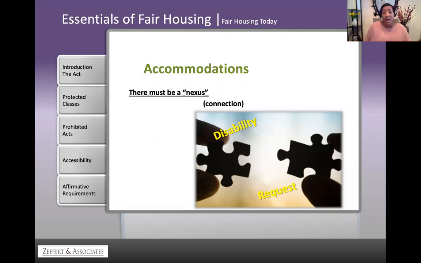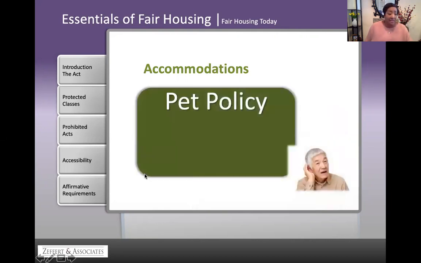Housing providers are required to cover costs that result from accommodations, as these costs are usually minimal. Additionally, a housing provider is prohibited from charging tenants fees or deposits as a result of the accommodation of their disability. Here's an example, and it's a generic one, but it's directly from the HUD Department of Justice joint statement. It says a housing provider cannot charge a pet deposit or pet fee specifically for tenants with a companion or assistance animal.